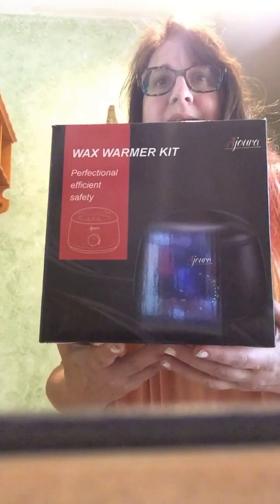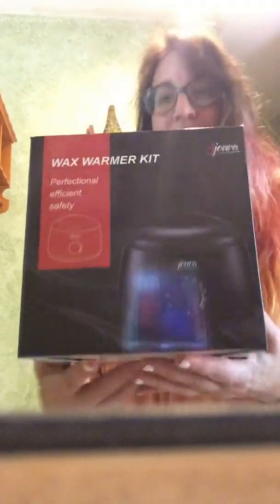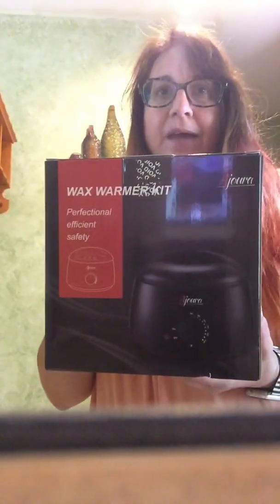It's a wax warmer kit. I've wanted one of these for a long time and I finally went ahead and got one. It's impossible these days to get out with the whole pandemic, and unfortunately sometimes we need a little bit of wax. So I found this kit on Amazon